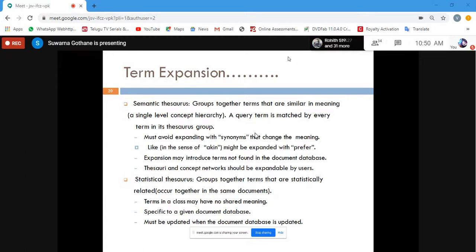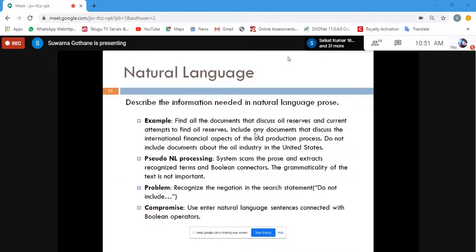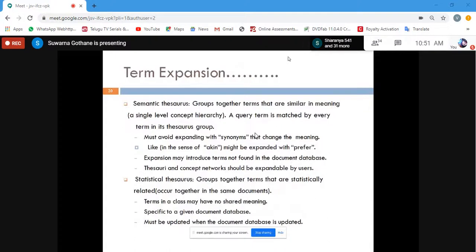The second possibility is relation or association. One word can often be associated with a second word, so a certain relation exists between them. That is what we have discussed as term expansion, which talks about similar meaning.